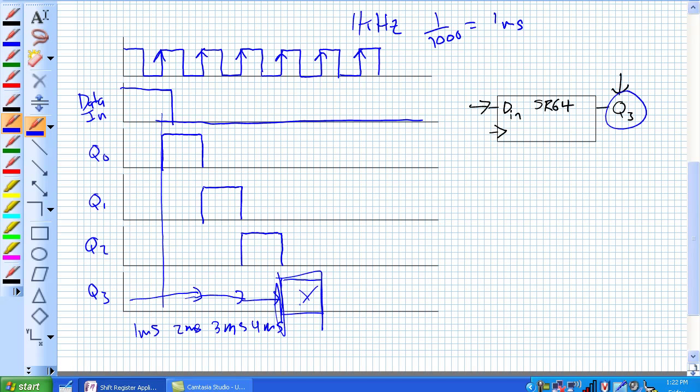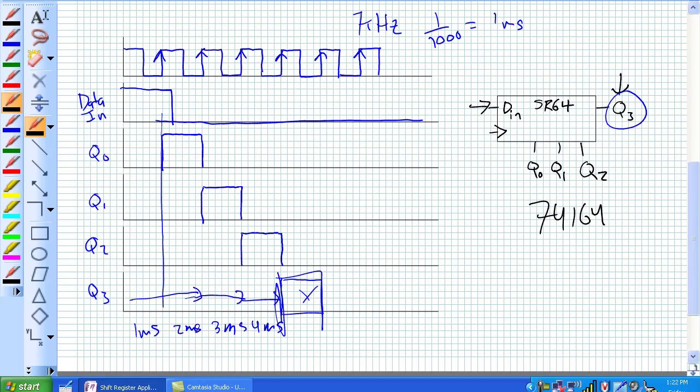If you want it faster, speed up the clock. Just go like 5 kilohertz. Or you could access it from an earlier stage. For example, Q2, Q1, Q0. You'd have to use something like a 74164,